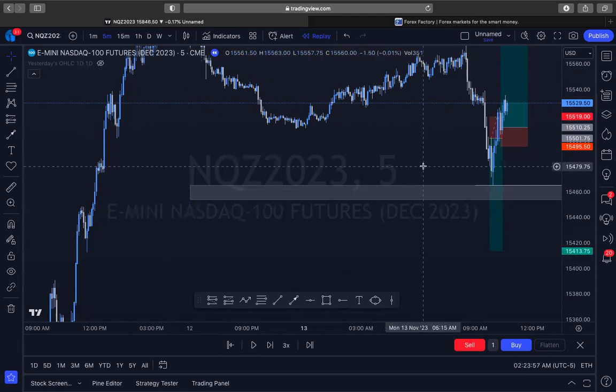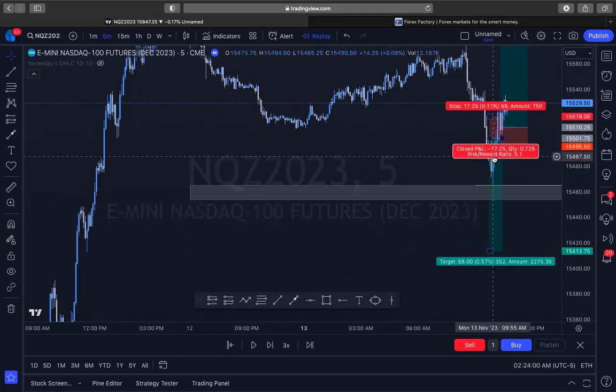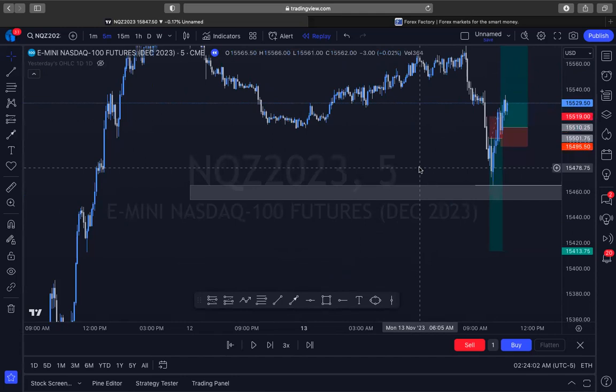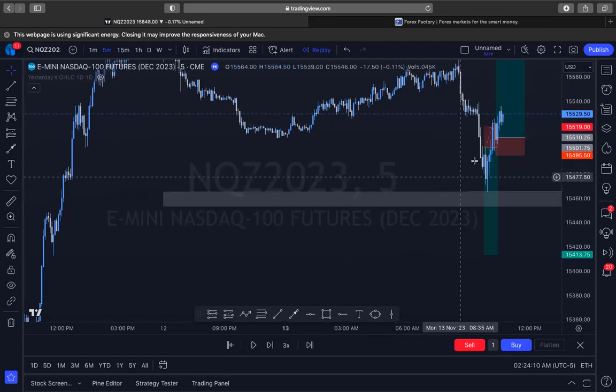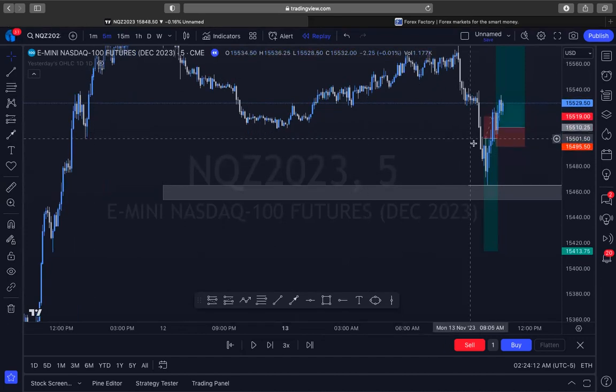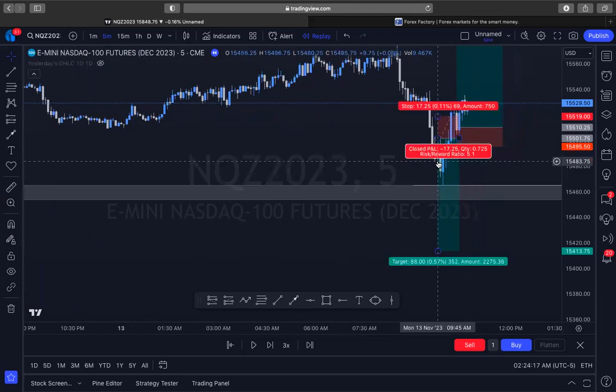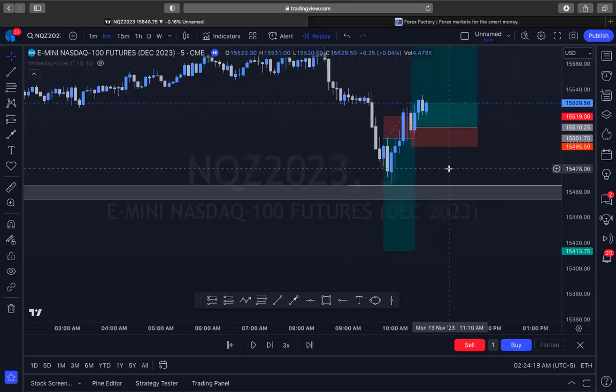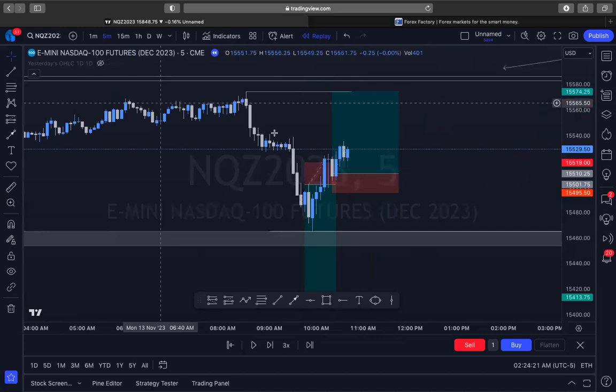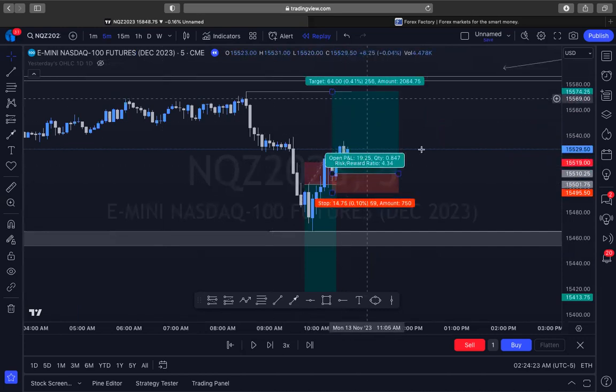So for my journal, I'll be looking into taking more of my 1-to-1s, being Q4, just because the market is going to be a little bit more animated in a sense, right? So let's go ahead and take a look at this. Could have been a potential buy, but that's a whole other conversation in itself. So let's see why I took this next buy here, right?